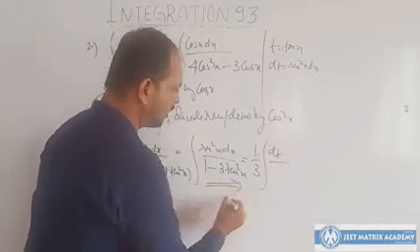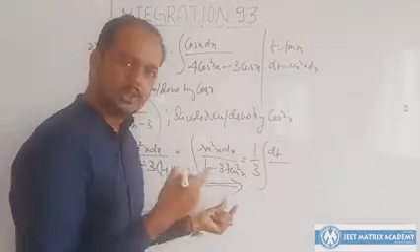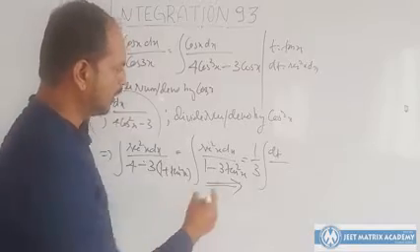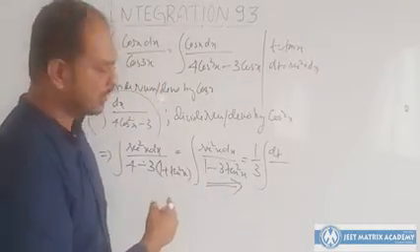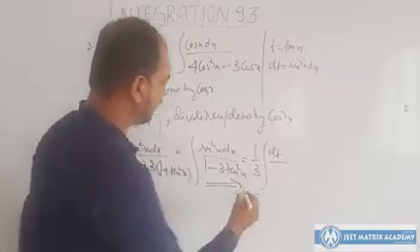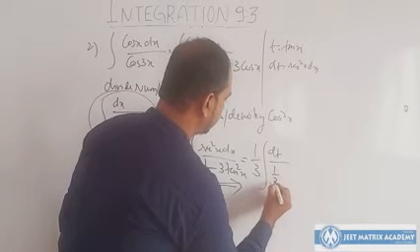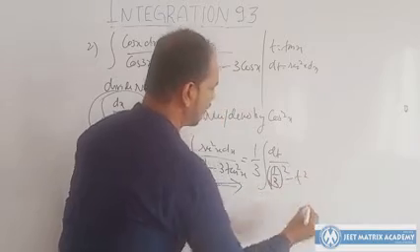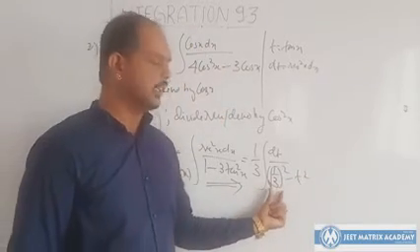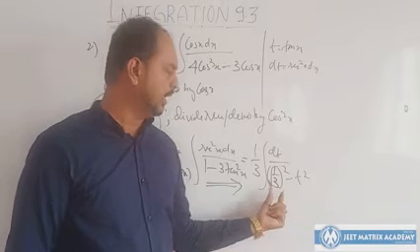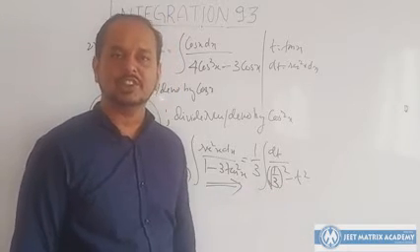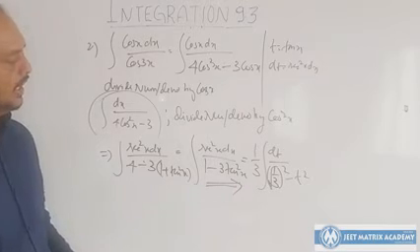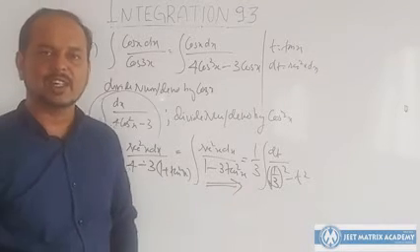Okay, because we are familiar, now you should know where to skip the steps so that you can speed up your calculation. So 1 by 3 I took outside, and I can write this as 1 by root 3 whole square minus t square. It looks like a square minus x square. So I hope you are familiar with the a square minus x square formula.